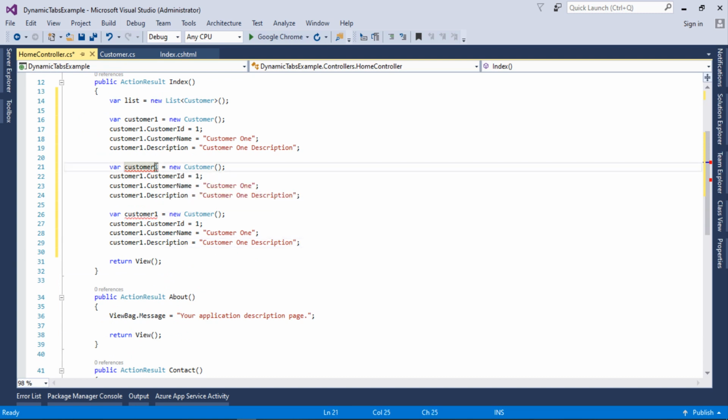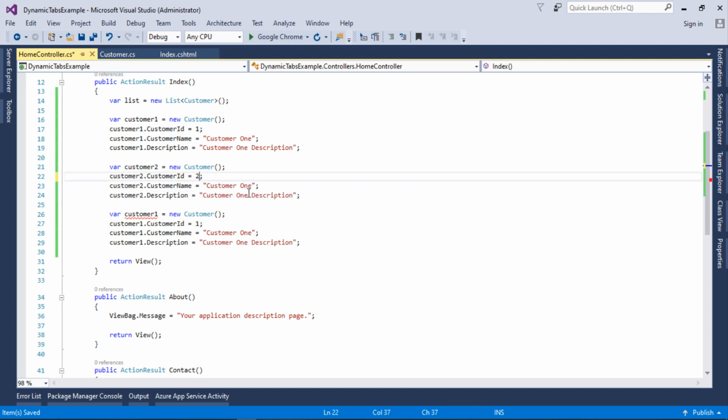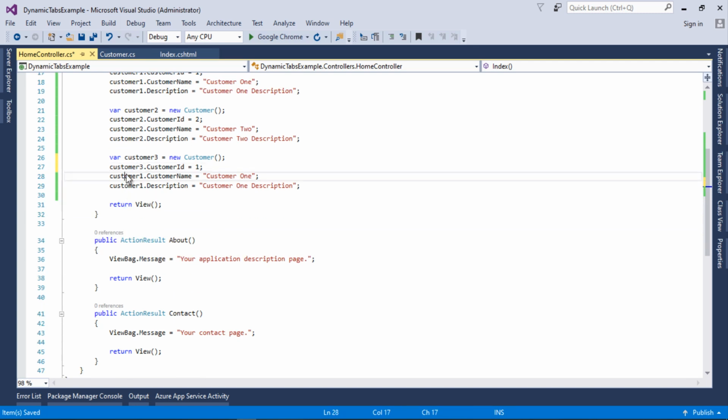and now I will change it to customer2, and let's copy it, replace it here as well, and the third one also, and we'll change the ID and also the name and the description of the customer 2 description. And similarly we have the third customer as well. So I will copy customer3, and this will be customer3, this one also, and this one as well, and we'll change the ID here as well. We'll provide "Customer 3", and this is the "Customer 3 description".